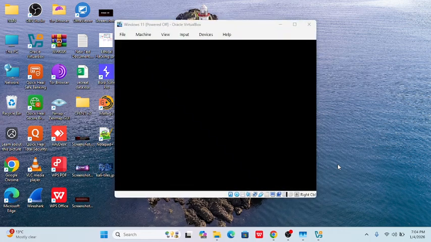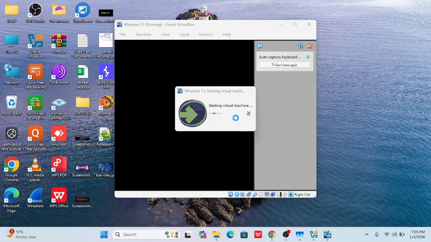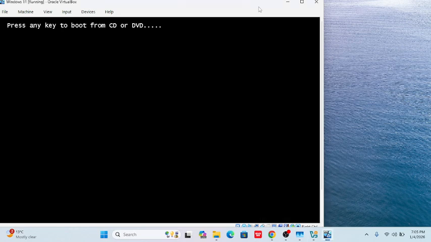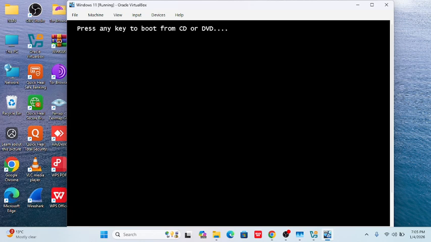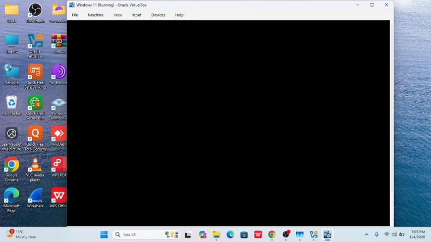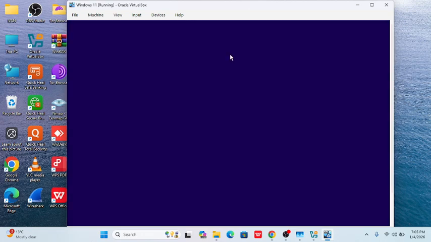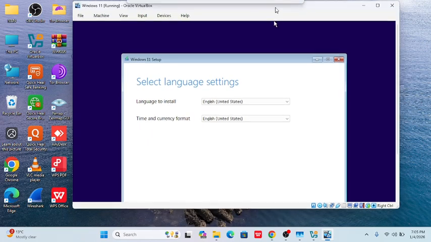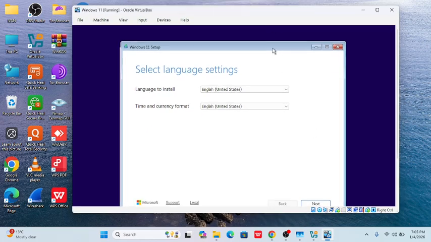But I unchecked that option, and now it's booting up. As you can see, the installation process will start now. It's asking press any key to boot from the CD. I pressed enter. And then in between I will pause the video also, as I said, and you can watch the video at 2x as well. I don't want to miss any part of the installation steps, so that you can observe everything in the video. So now I'm going to select next,